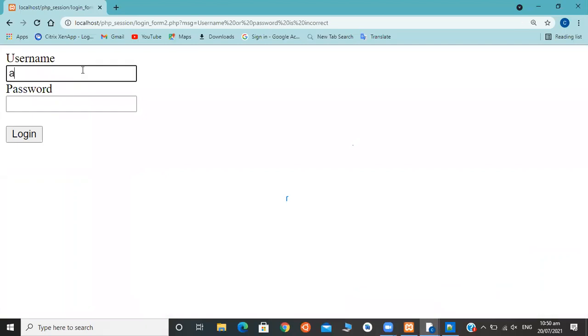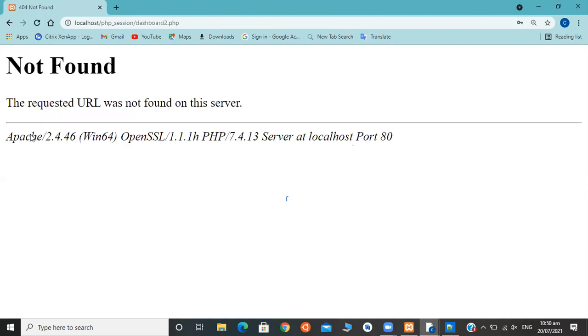And if I give the right credentials, admin @123, it will redirect to dashboard 2.php. So we need to create dashboard 2.php now.